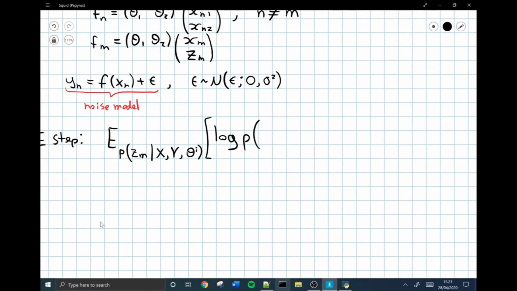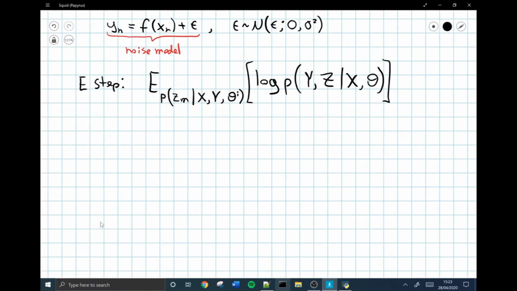So in this case, it's log probability of, so we've got our observations, our latent variables, conditional on the inputs, that's just the known inputs, so it doesn't include Zm, and conditional on theta, where, as we've seen before, theta is not fixed equal to theta I. Okay,